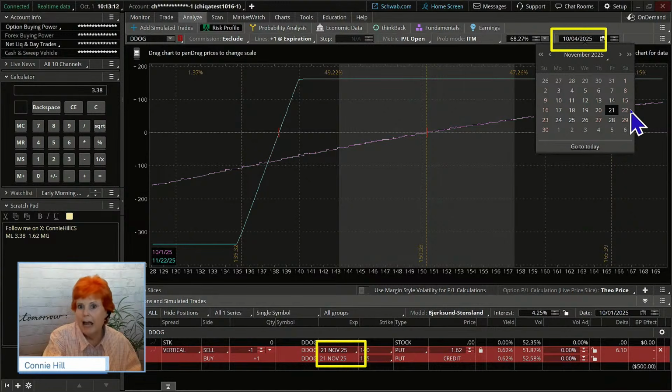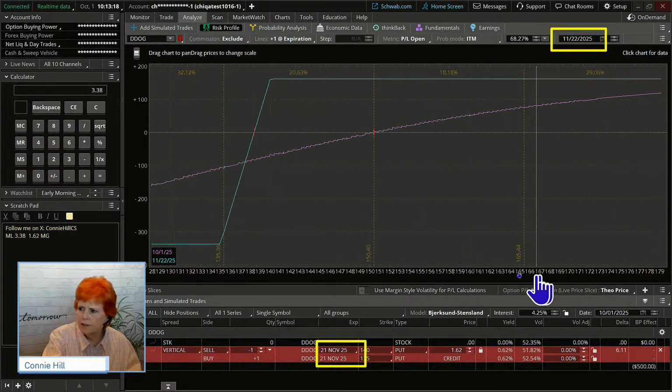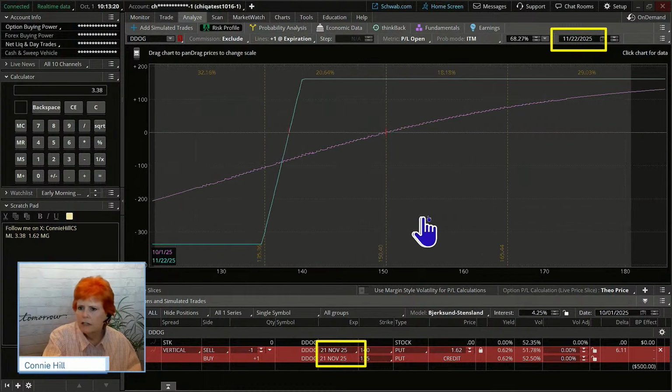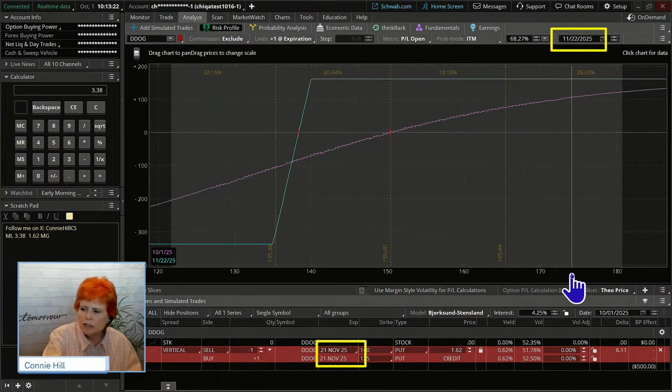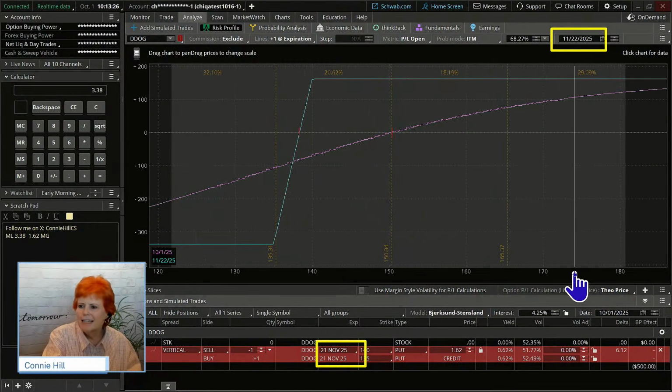Okay, so that day after, usually it's a Saturday. We want to put that in there. Ooh, that changed things a little bit here. In fact, I'm just clicking and dragging below so that I can see this gray shaded area. I want to be able to see all of it. What is that gray shaded area?